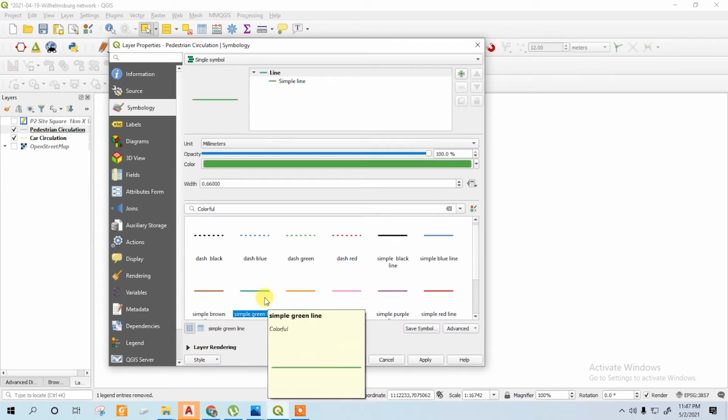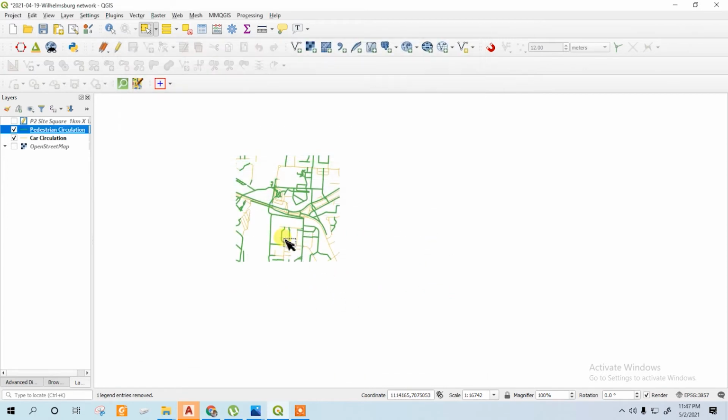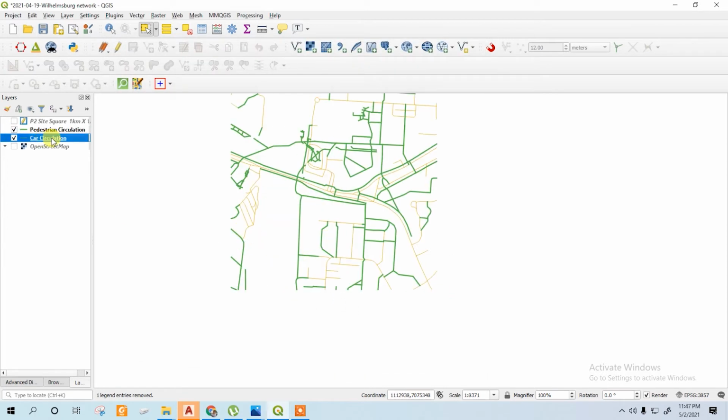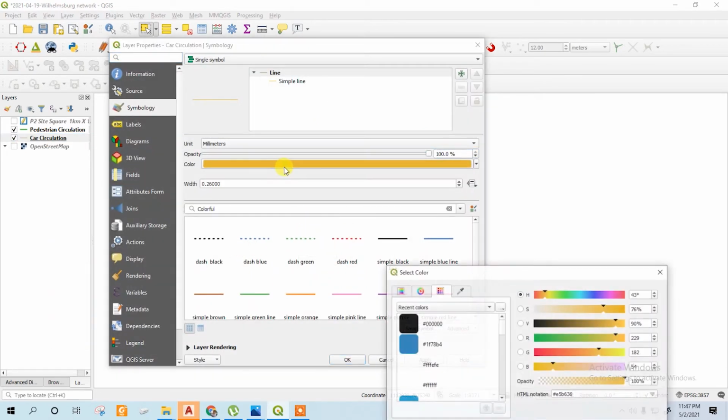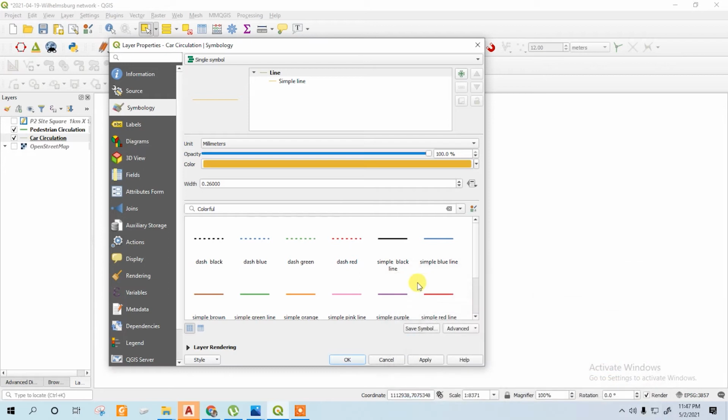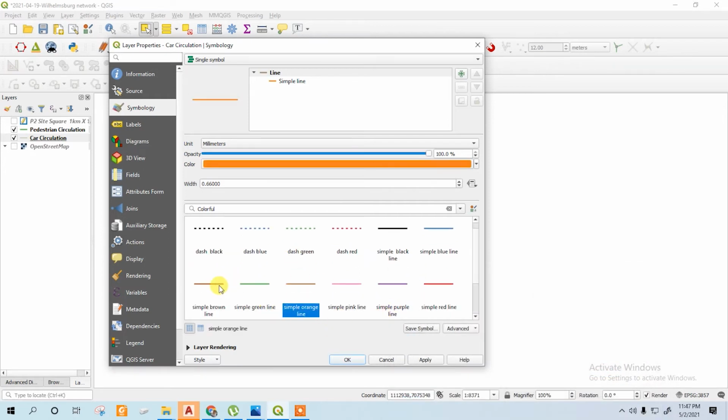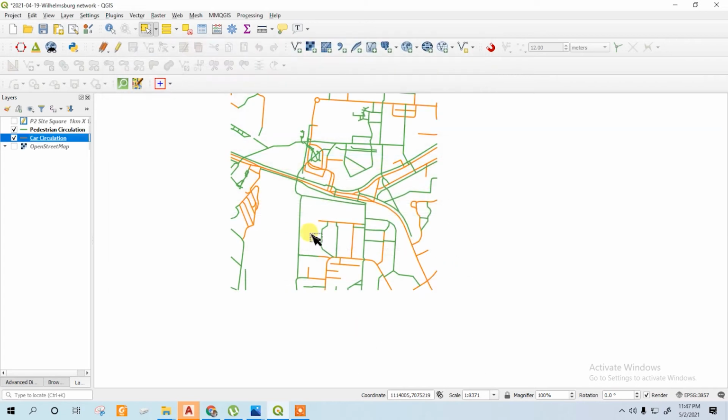For the pedestrian we are choosing light green, apply, okay. And for the cars, go to the properties, so we choose the orange one, right? Okay, so now these are our two types of layers.